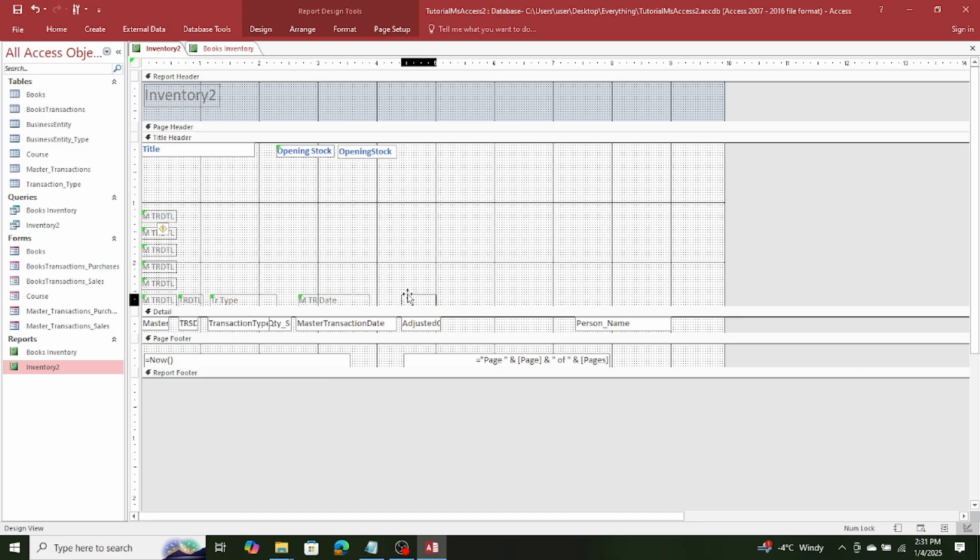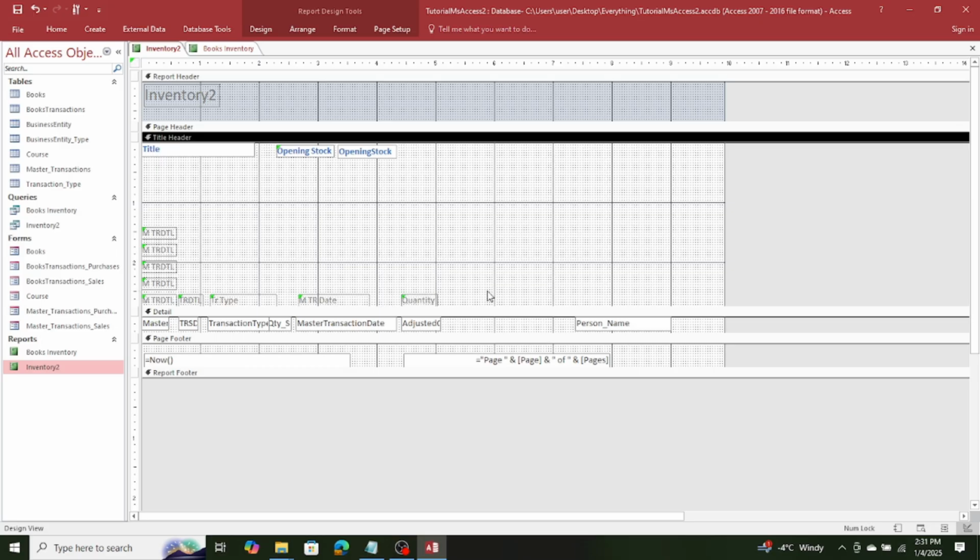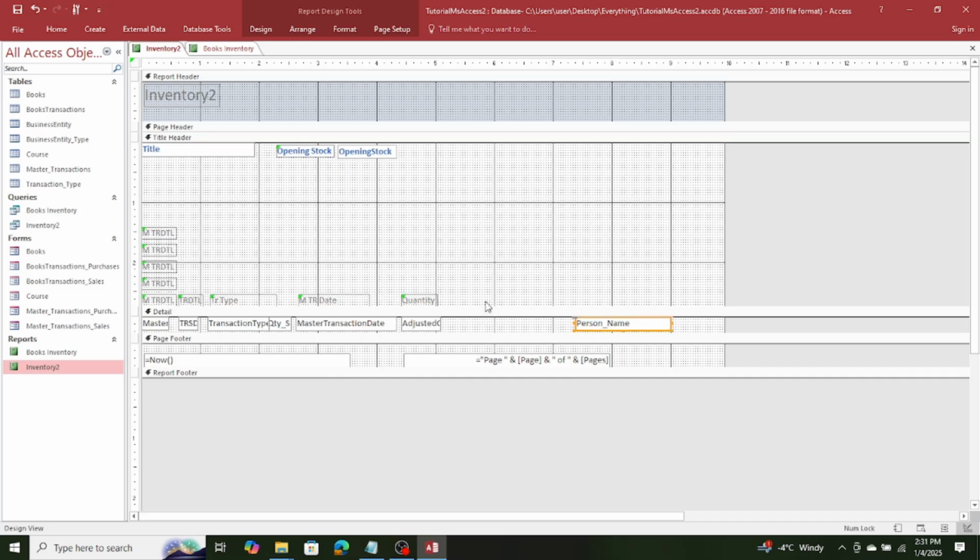Give it a name, quantity. Okay, so now one thing, let's first do that, and then in the next step I will do it. Balance, okay. Party name,